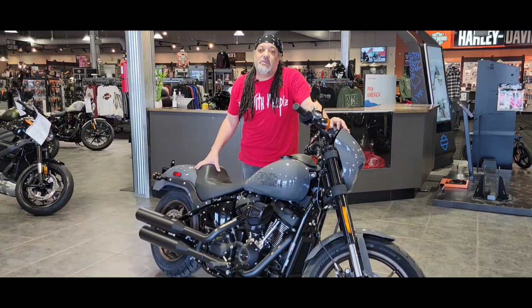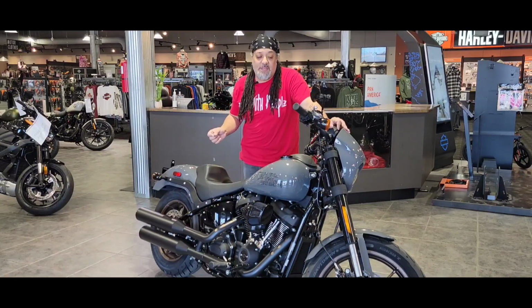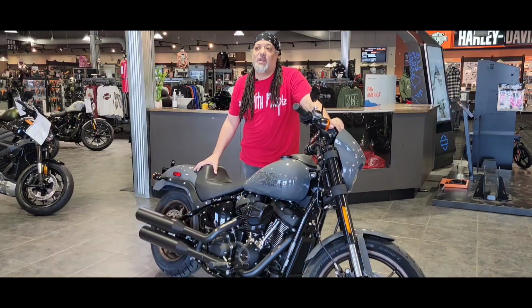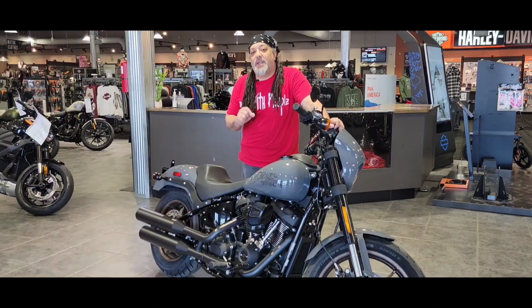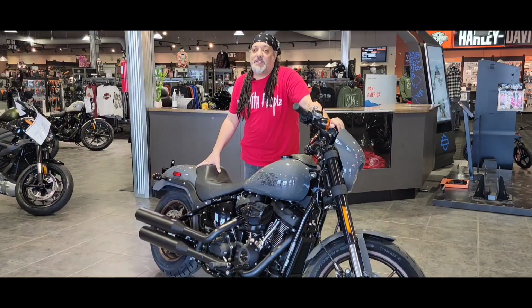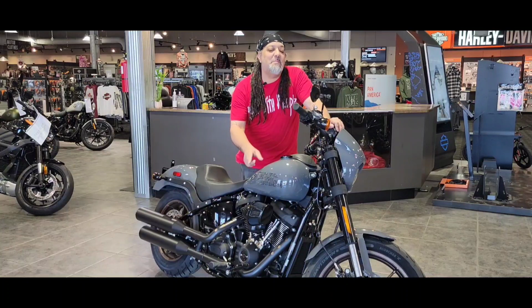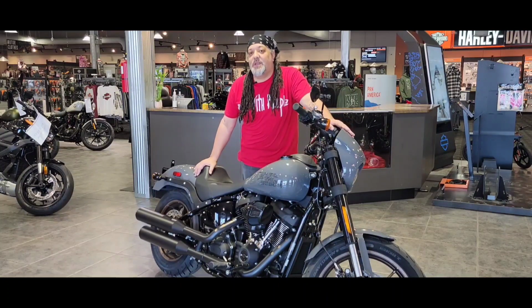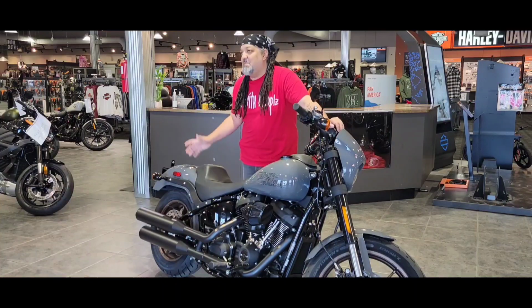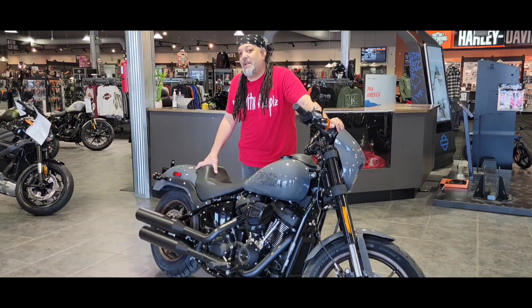For 2022, it seems that Harley Davidson's emphasis and focus is on performance. And what better example than this motorcycle right here? They have shoehorned their biggest motor that you can get on a production motorcycle into one of their lightest chassis. They have put this massive 117 cubic inch, which is 1923 cc's, into this Monoshock softtail chassis right here, which